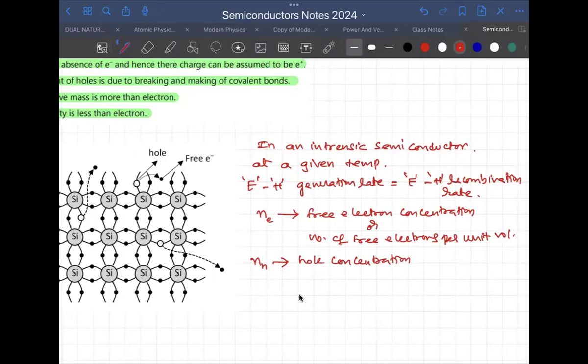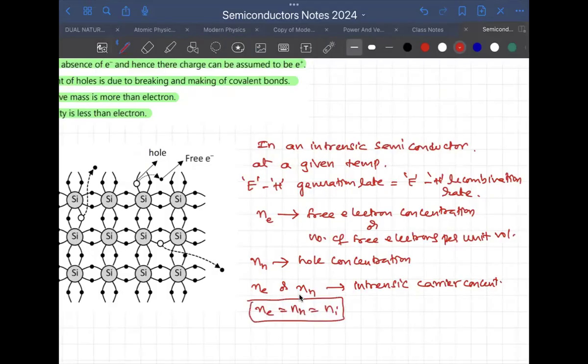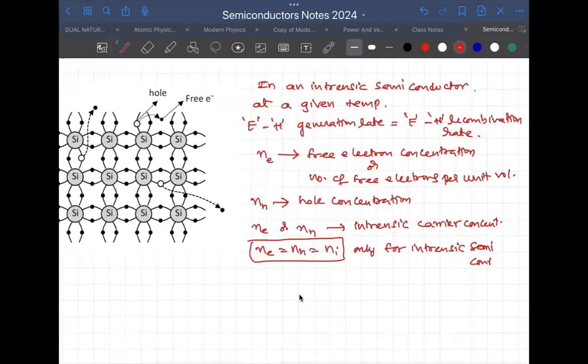Generally, Ne or NH usually refers to intrinsic carrier concentration. And Ne, NH is the same as Ni. Remember, this rule is applicable only for intrinsic, pure semiconductor. So when the intrinsic semiconductor